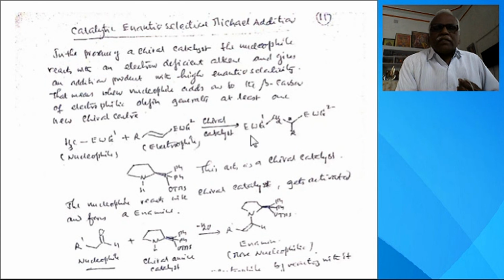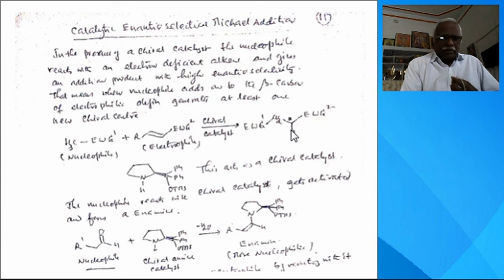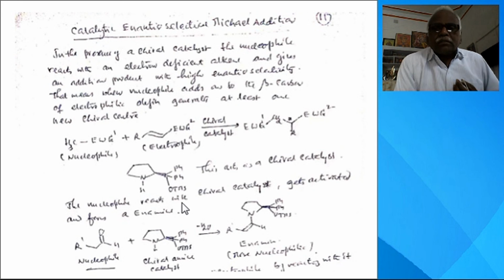Then what happens? An asymmetric center is created here. This is the asymmetric center, the chiral center. So if you use a chiral catalyst, only one enantiomer is formed in larger yield. Only one enantiomer, so it is a highly selective reaction. So here the catalyst is this. This is the pyridine moiety having an asymmetric carbon here. This is the asymmetric carbon having two bulky phenyl groups and tetramethyl groups. So this is the chiral catalyst here.